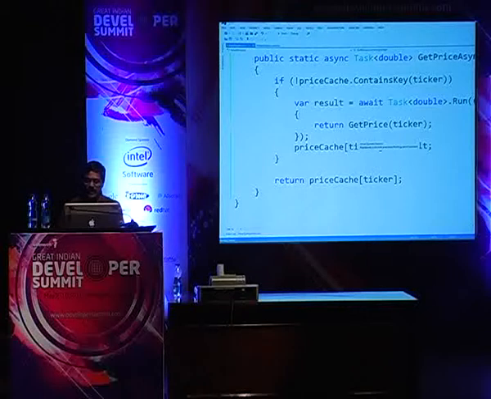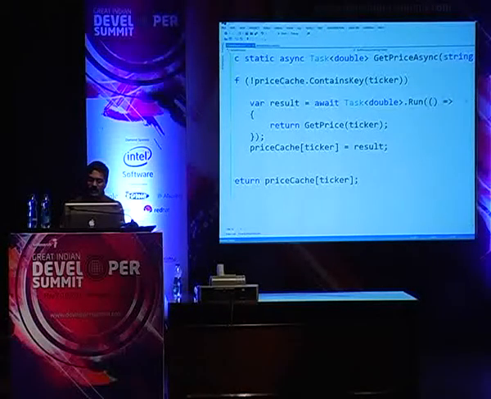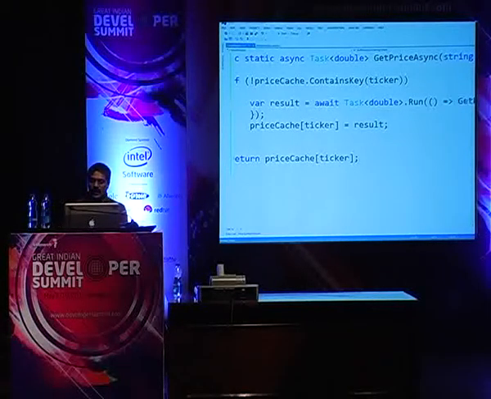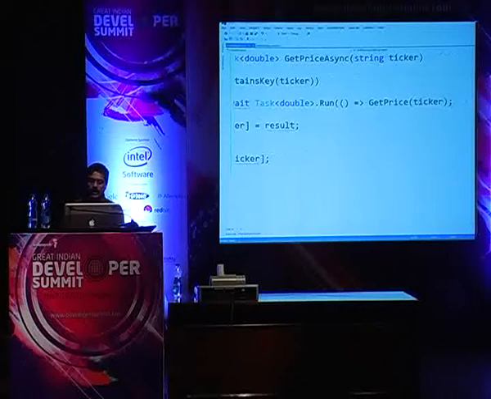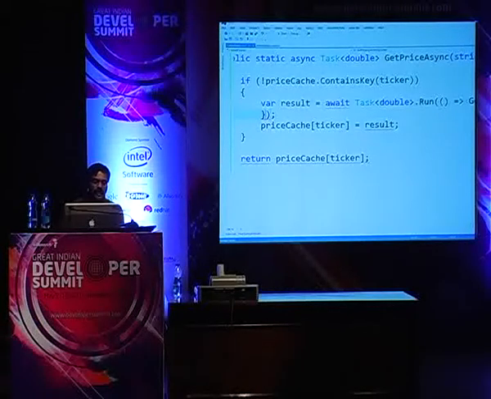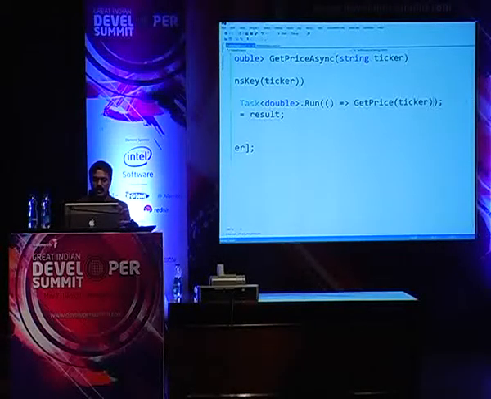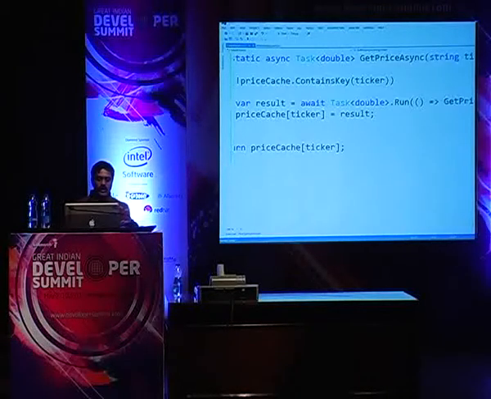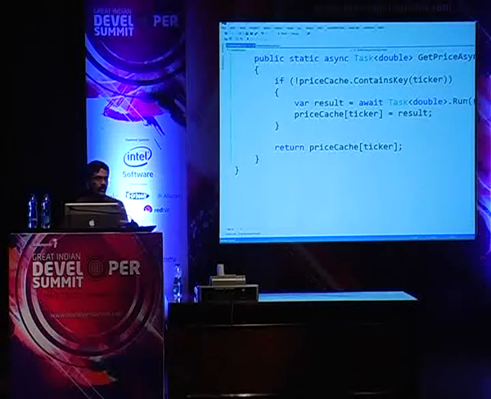We just say Task.Run at this point, and we can remove this portion, and we can simply say this is get price alone that we are asking for at this point. And when it gives the get price value for the ticker, we can simply say that's the value I'm expecting. So we simplified that code. And then here, of course, we store that into the cache, and then we are returning the cached value. So that code really came down to a very small amount of code.